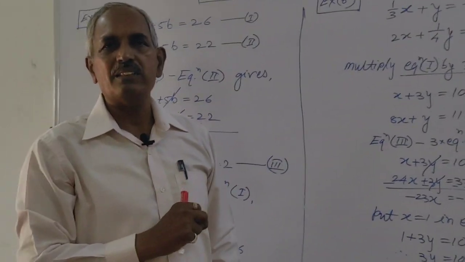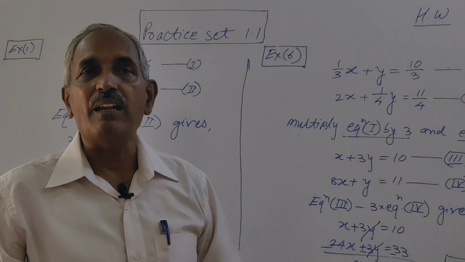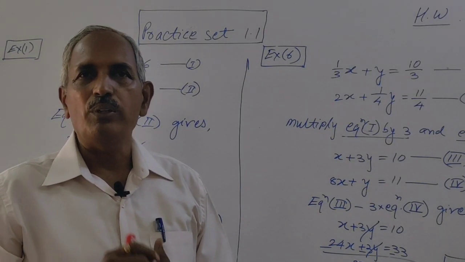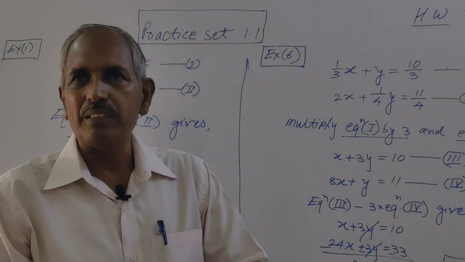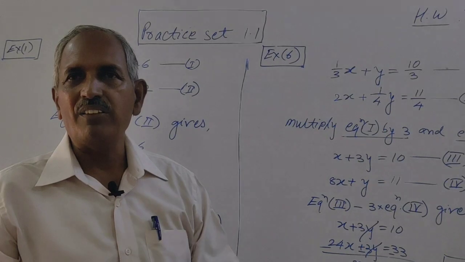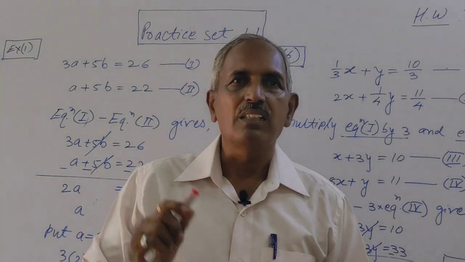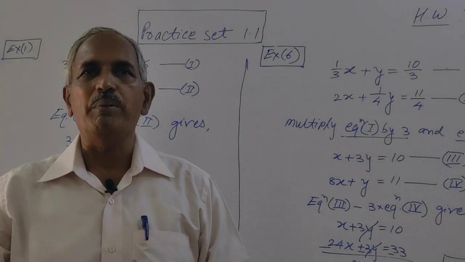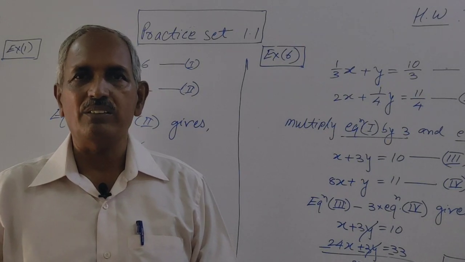And the next method of solving these two equations, we are going to learn next. There are two methods remaining: one is the graphical method and one is the determinant method. So in this lesson, we are going to learn three methods of solving simultaneous equations. One is the elimination method, which we have learned today. The other two are the graphical method, which is the second method, and the determinant method, which is the third method, that is Cramer's rule. The remaining two methods we will learn in the next two lectures, or whatever time is required. Okay, thank you.